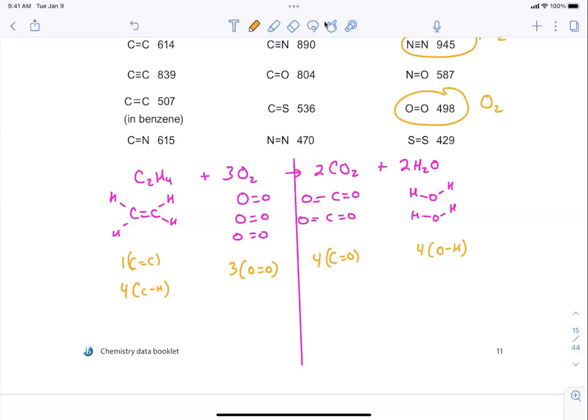So you would add up all these values here. And you'd add up this delta H here. And you'd add up this delta H here. Okay. Now, once you've got those 2 values,